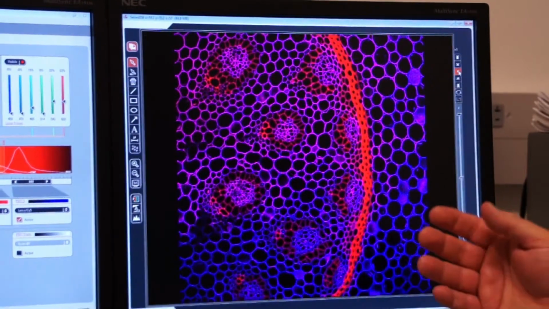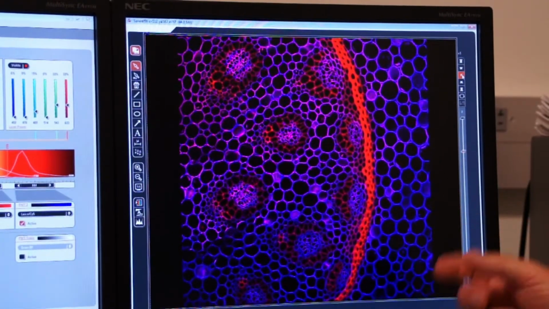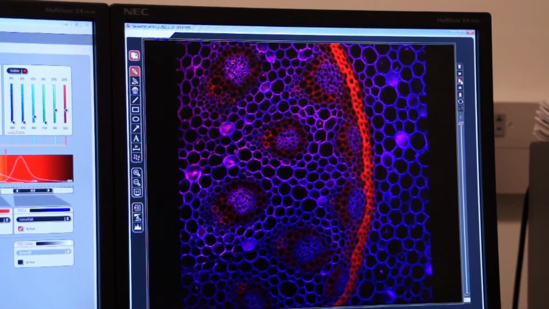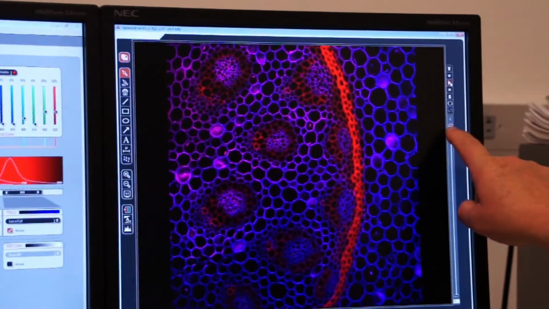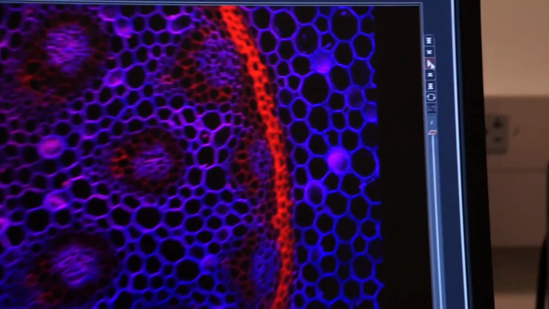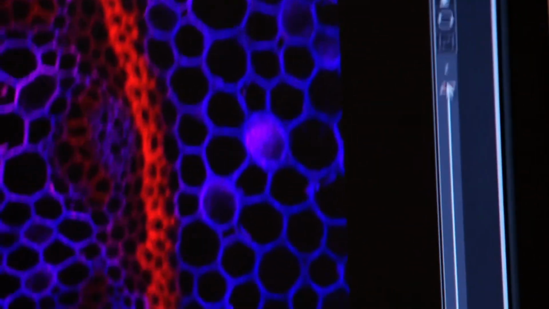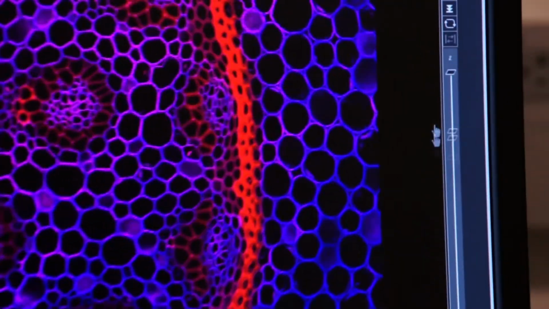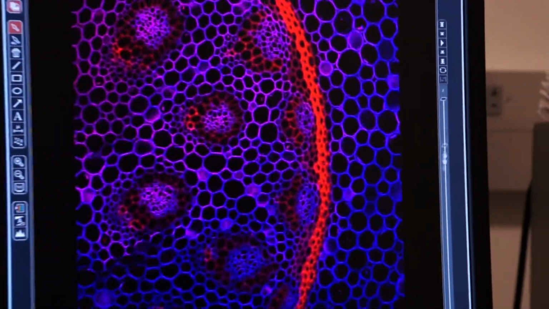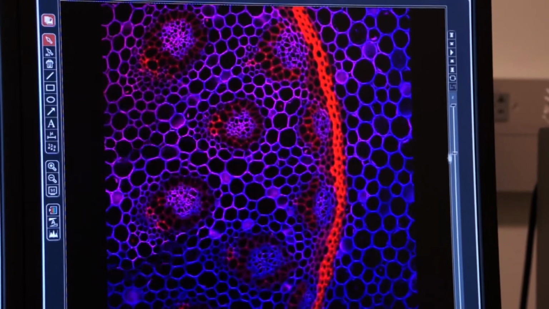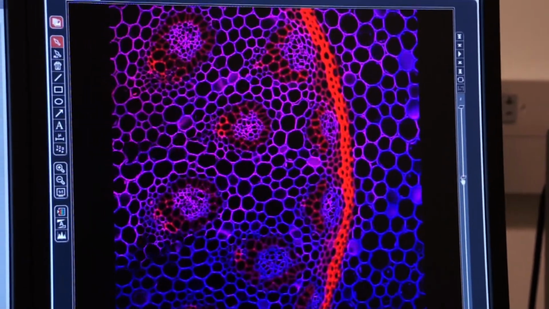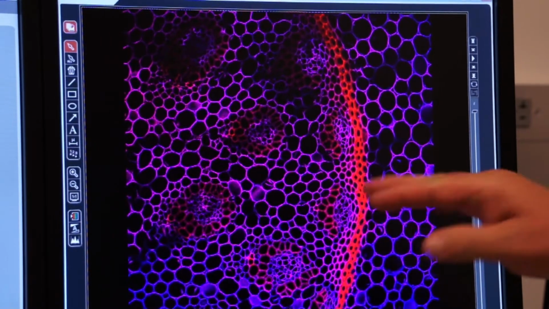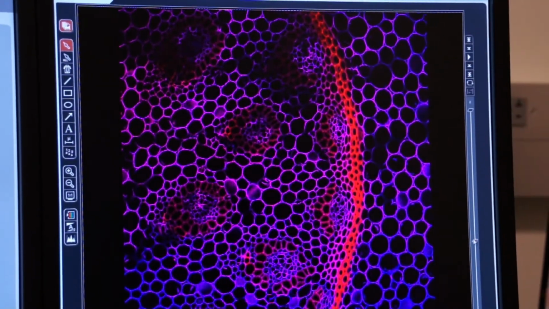So if there are features above and below in my tissue that I'm interested in looking at, I can see that with the Z-stack. I can also grab this little frame on the Z line, and I can manually move that up and down. So let me grab it, and you can see that by moving this up and down, I can quickly see the different features that are in my Z-stack. So Z-stack is a very important way of slicing optically through a whole set of tissue and looking at specific